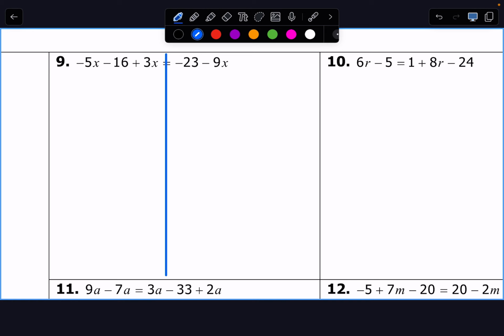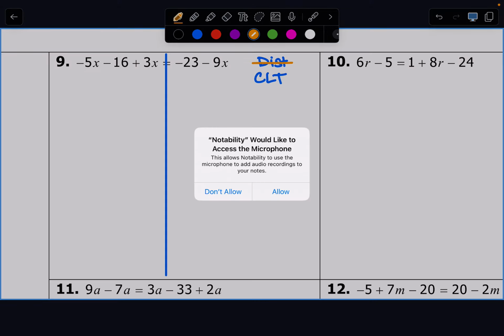I feel you. Okay, so our very first thing to look out for is the distribution property. Do we need to distribute here? No, there's no parentheses. Okay, so combine like terms. Is that something we need to worry about? Yes. When I look over here,